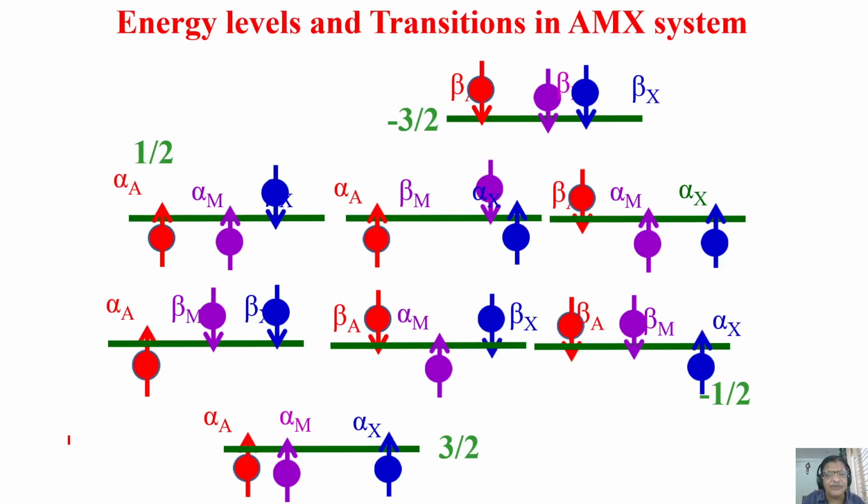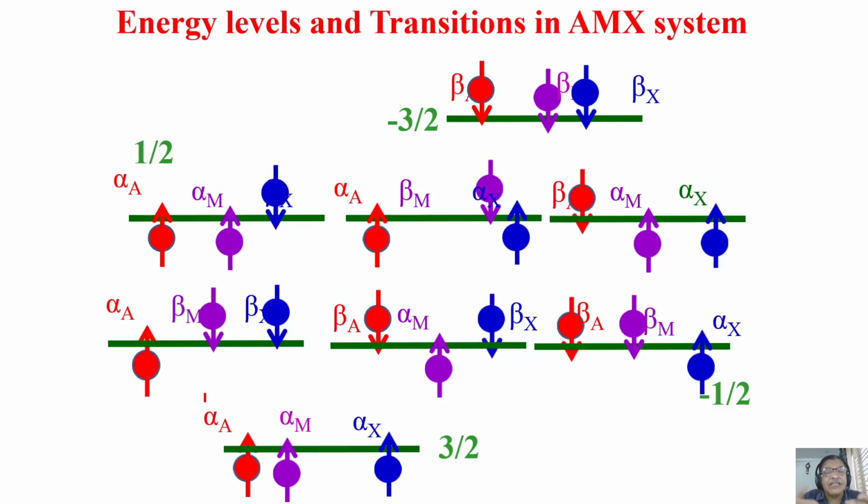But today what I wanted to tell you is the allowed transitions in a coupled 2-spin system, how we can get the transitions, what are the 4 transitions. I explained to you alpha alpha and beta beta states are unstable states. They push up in the energy by J by 4. Beta alpha and alpha beta are stable states. They push down in the energy by J by 4. As a consequence, if you look at the allowed transitions, what you saw, 4 transitions, 2 for A and 2 for X. From the center of the chemical shift, one peak moves to the right by J by 2, the other moves to the left by J by 2. Same thing for A, same thing for X.